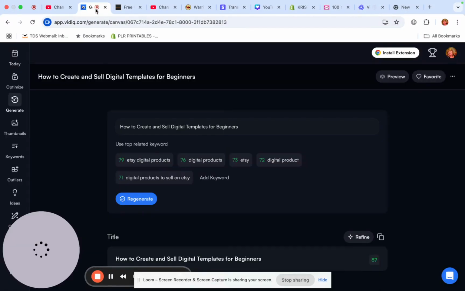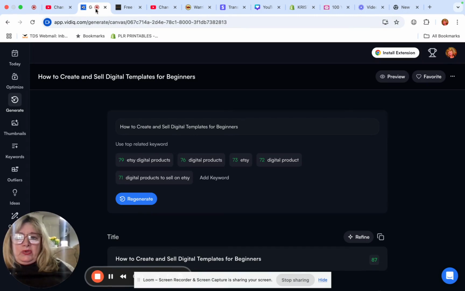I tried using vidIQ as a complete beginner, and this is what I found. So stay tuned. So, first of all, earlier today, I went in and I signed up for the monthly account,